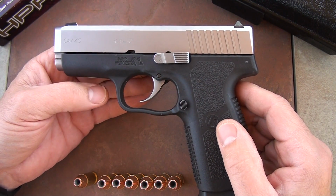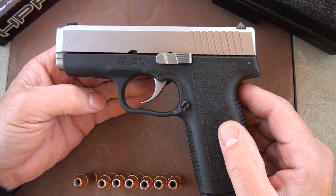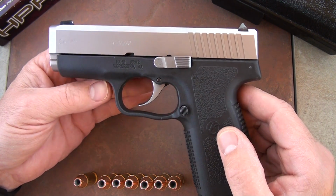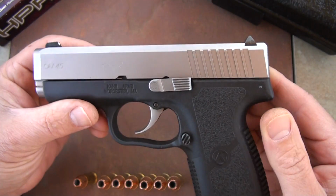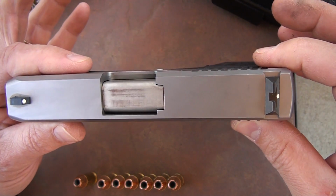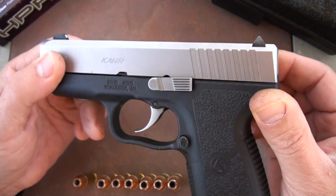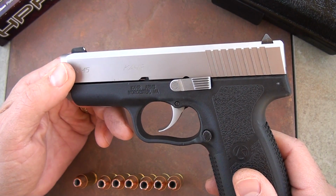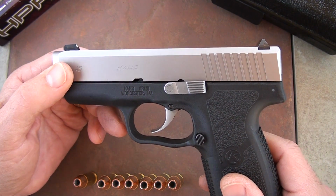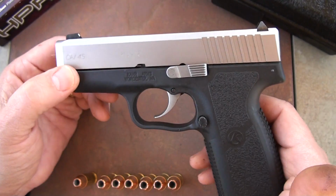Kahr's been known for really high quality concealed carry pistols, making some of the smallest 9mm in the world. And the CW series comes in CW9, which is a 9mm, CW40, of course 40 caliber, and then CW45, which we have here. One of the things that's really unique about the three models is they are all the same width. They're all about 1 inch in width, which is pretty neat. The 45 is actually 1.01 inches. I believe the 9 and the 40 are actually just a teeny bit smaller,